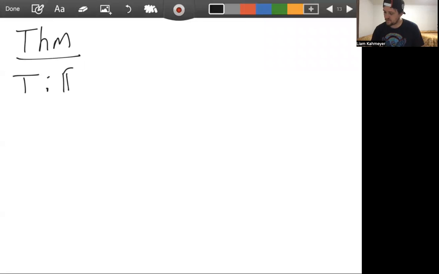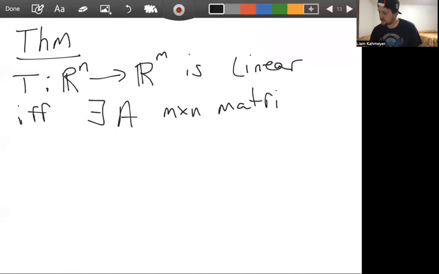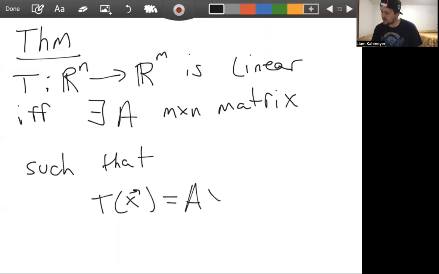A transformation T from Rn to Rm is linear if and only if there exists a matrix A, which is an M by N matrix, such that T of X is defined as A times X. So not only are all transformations induced from a matrix linear, linear transformations are only those that are induced by matrix multiplication